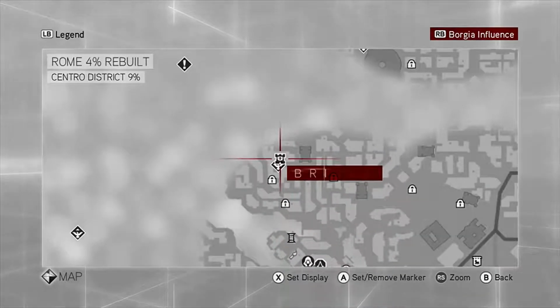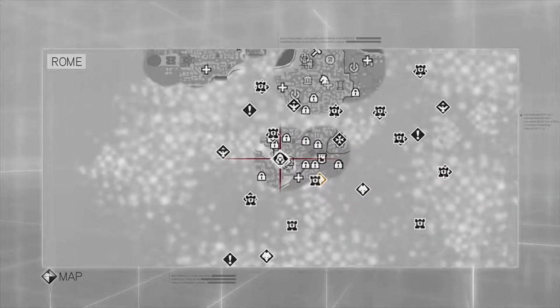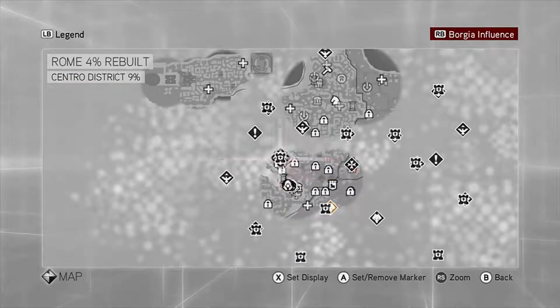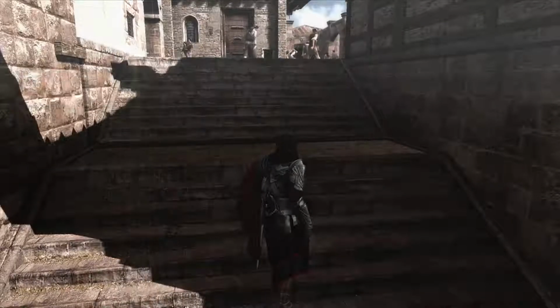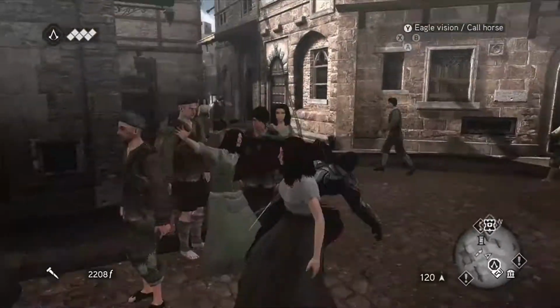by getting this viewpoint and taking out the Borgia lair. I don't think it's called a lair. What is it? The Borgia Tower? Viewpoint. Borgia Tower, yes. So we will take out the Borgia Tower. We will go over here and we will open up the map a little bit and...